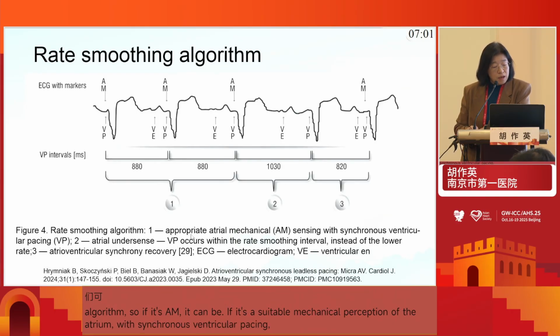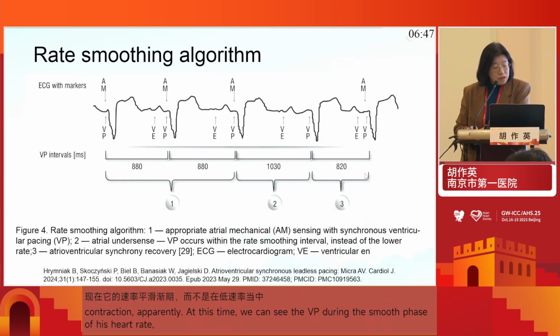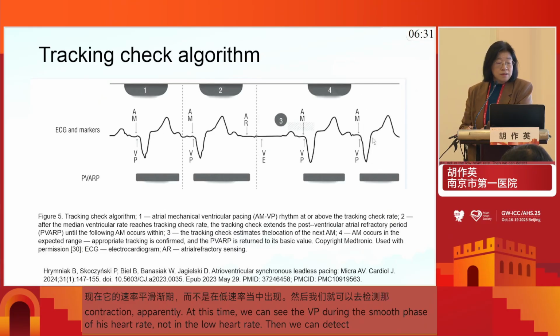So VP occurred within the rate motion interval. If there is no VP within the rate motion, it will be a lower rate. Then it is checked, and the atrial ventricular synchrony is recovered: VE is end of the ventricular, VP is ventricular pacing. Another function is the tracking check